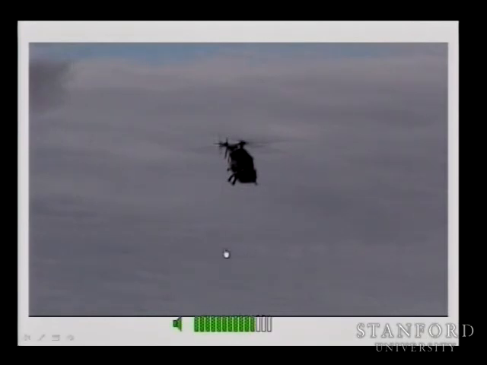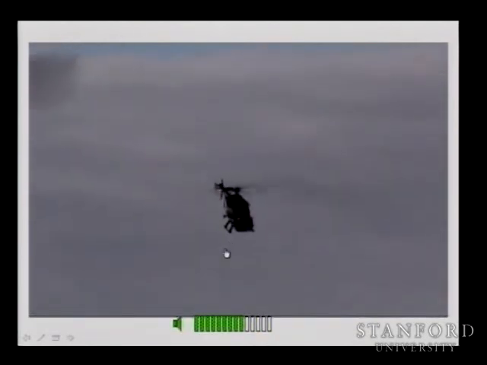This is a video of our helicopter at Stanford flying using a controller that was learned using a reinforcement learning algorithm. So this was done on the Stanford football field. We'll zoom out the camera in a second. You still see the trees planted in the sky. So this is one of the most difficult aerobatic maneuvers flown on any helicopter under computer control, and this controller, which is very, very hard for a human to sit down and write out, was learned using one of these reinforcement learning algorithms. Just a word about that.